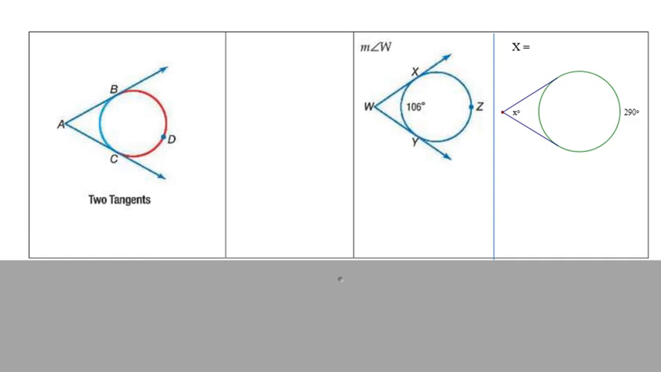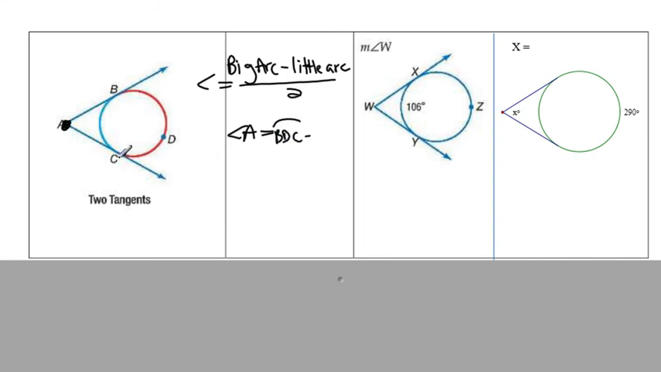Okay, and the next example we're going to look at is again an angle outside of the circle, this time formed by two tangents. So we're following the same process. It's big arc minus little arc divided by 2, and that will equal the angle. So in this case, angle A is going to equal big arc BDC minus little arc BC